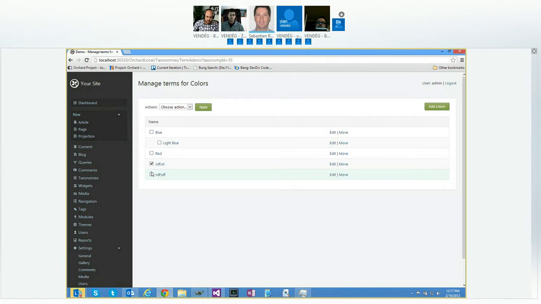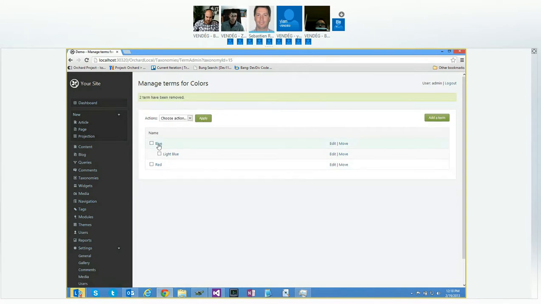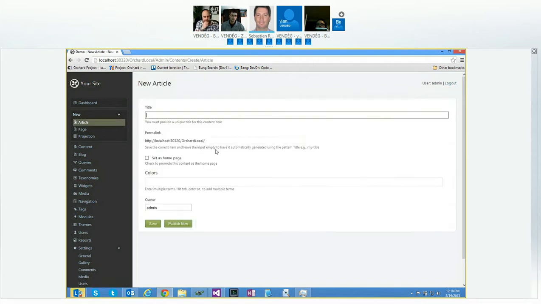So remove, apply. Okay, blue, light blue, and red. So if I go to new article, this is a new thing from Sipke. Now I have decided to have this field as an autocomplete field instead of a checkbox or a button. So now if I type here, I see the values. Okay, light blue, and you see I can remove it, or I can type so blue,